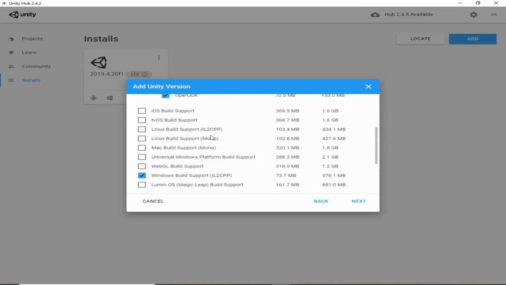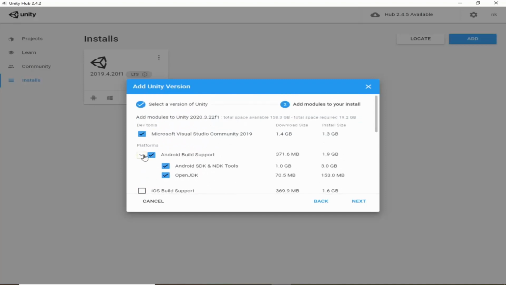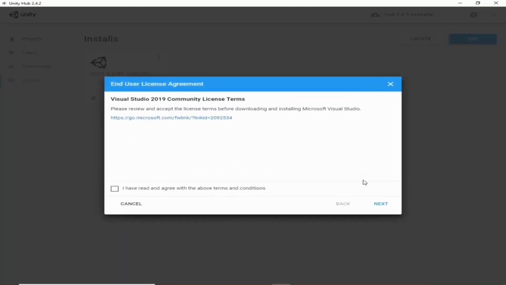So if you are done, then you can hit on next, and it will ask us for accepting terms and conditions. So go ahead and read these terms and conditions and click on next, and you will be able to download.